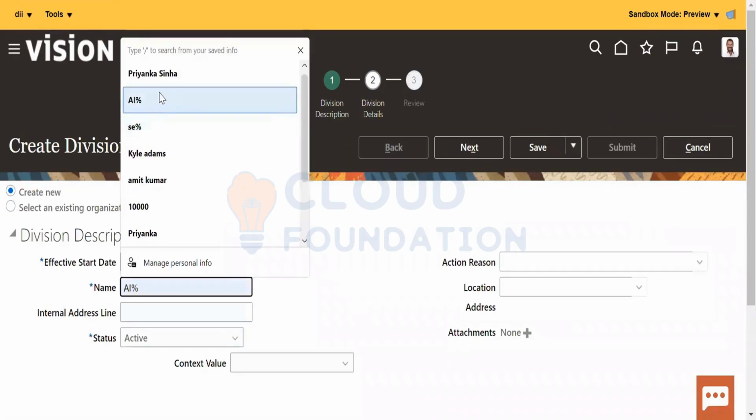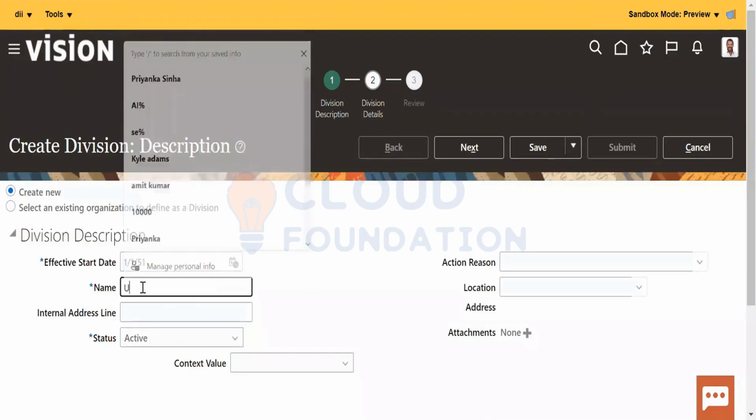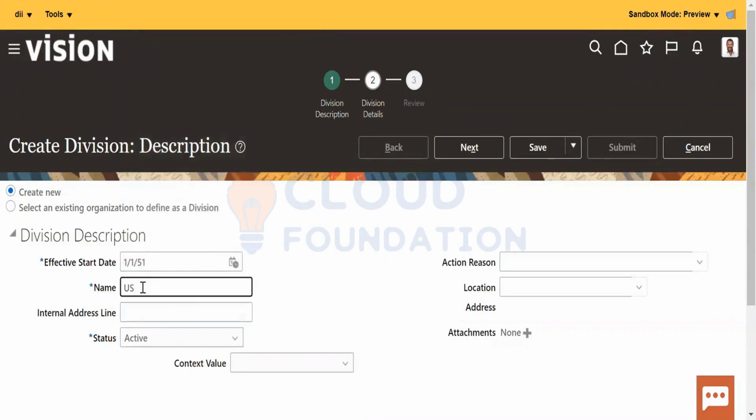So this is the way you create a new one. Suppose I create a department for the US, medical department. Okay, so this is the department.